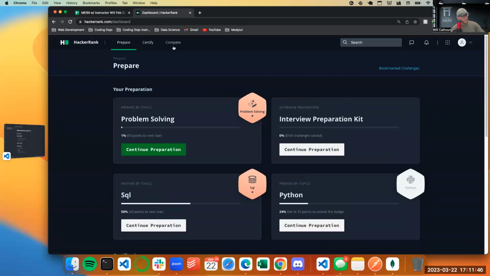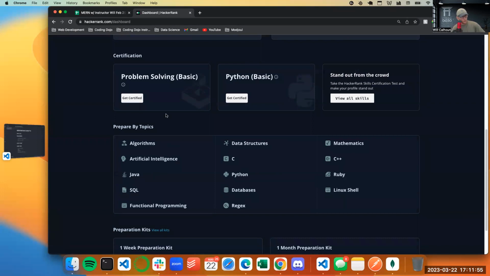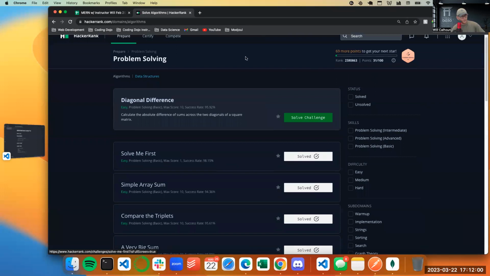If you go to HackerRank, you can create an account and sign up. There's a developer and a company option. Just sign up for a developer. It's super free, so you don't have to do anything. You can tailor what you want to learn. If you want to go to algorithms, where I would suggest you start is to come here